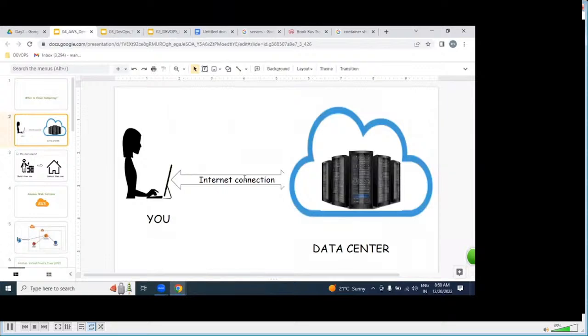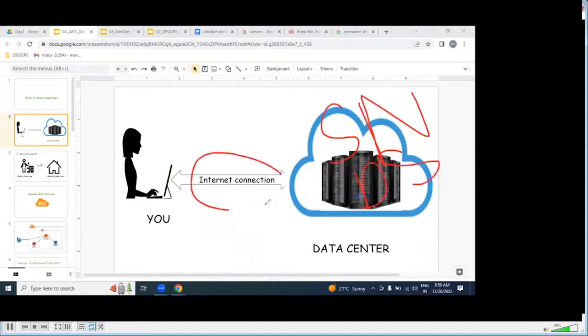What is the statement, guys? Remotely placed resources, any infrastructure, whether servers, network, storage, or databases, if we can access them over the internet from a laptop, that is nothing but cloud computing.